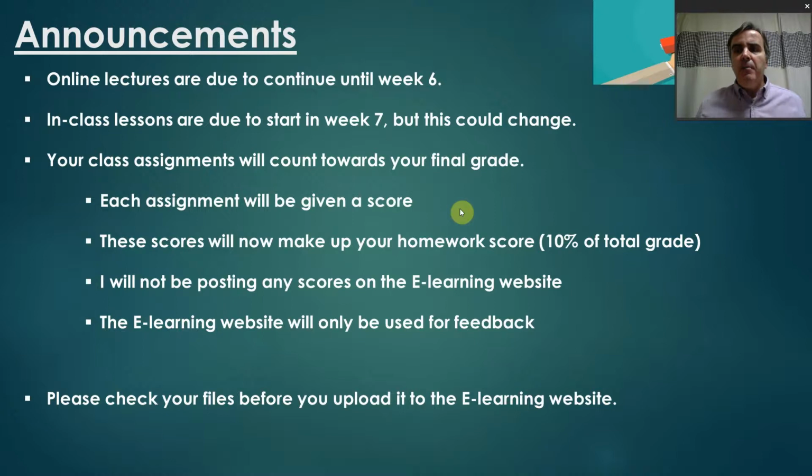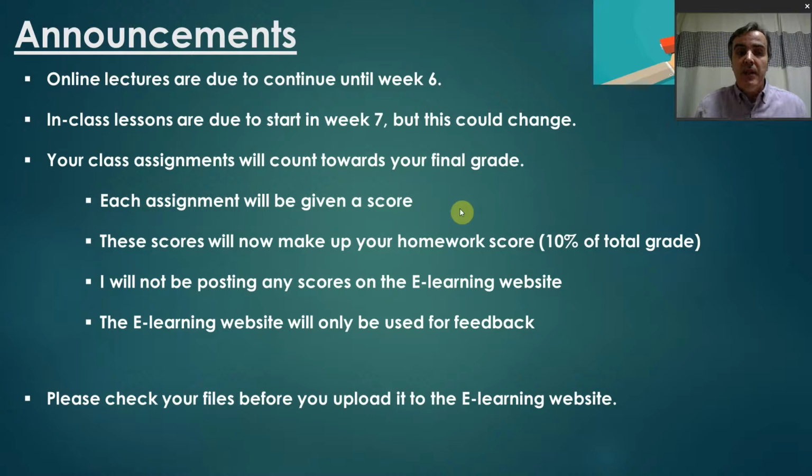So if you can remember, in week 1, I told you how we are going to make the grade with attendance scores, participation, homework, and midterm exam and final exam. Well, the 10% for your homework is going to be replaced, and I'm going to use that 10% for your